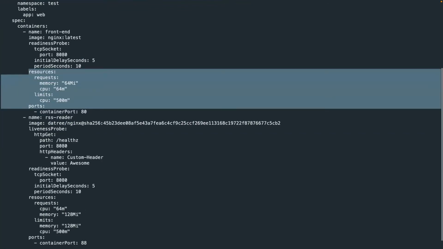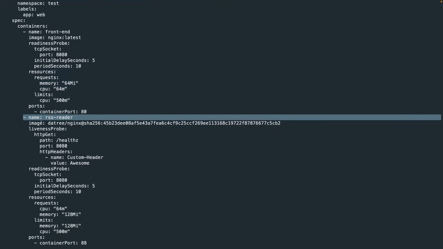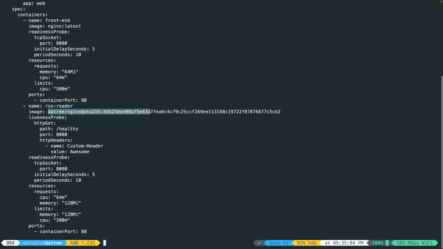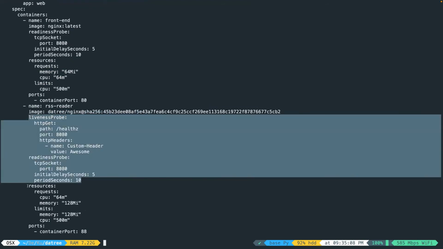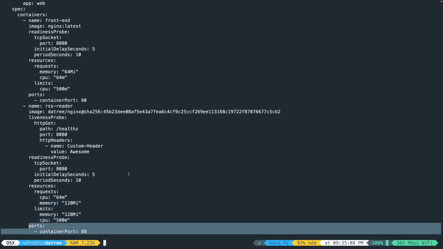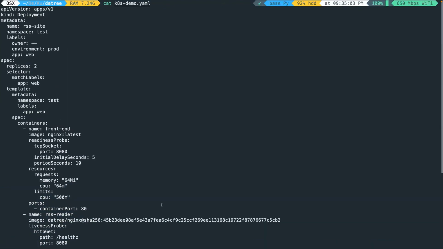It also has another image called RS reader with this image, and then the liveness and readiness probe, some resources, and then another container. Okay, so very simple